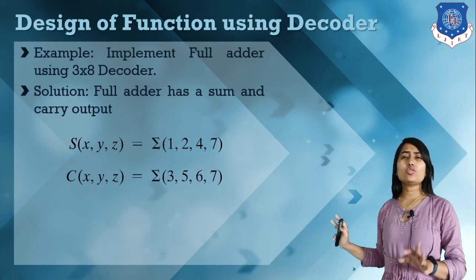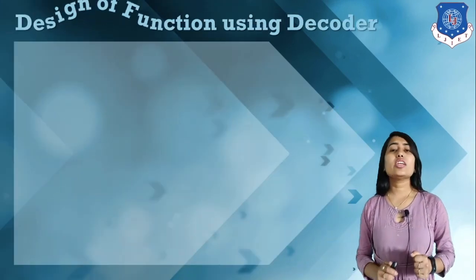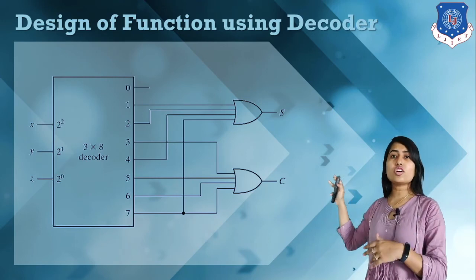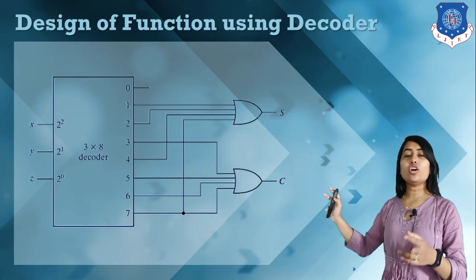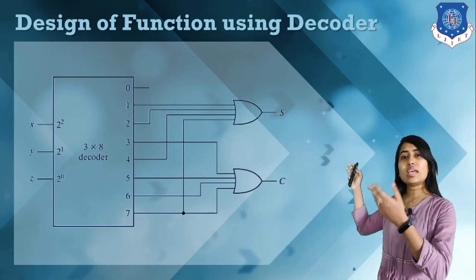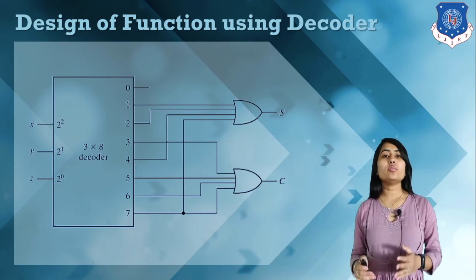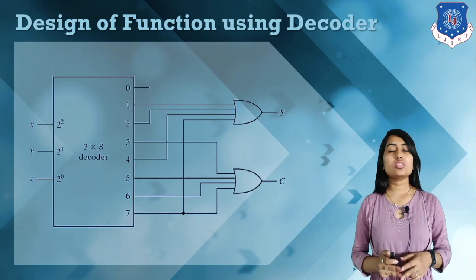We just have to use an OR gate with the 3x8 decoder. So here we have this kind of logical diagram. To implement the logical functions, for the sum function we make an OR of these terms, and for carry we make an OR of these terms. So we perform the OR operations, and we have two outputs, sum and carry. So this is how we can implement SOP form logical expressions with the help of a decoder. This is the implementation of logical functions with the help of a decoder. Thank you.